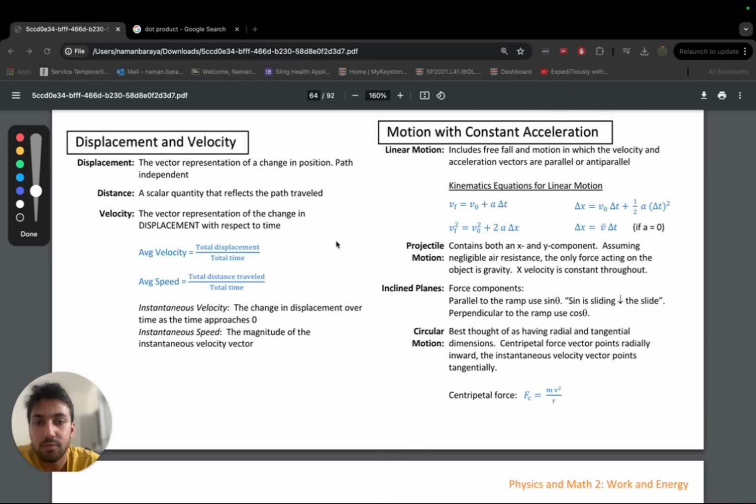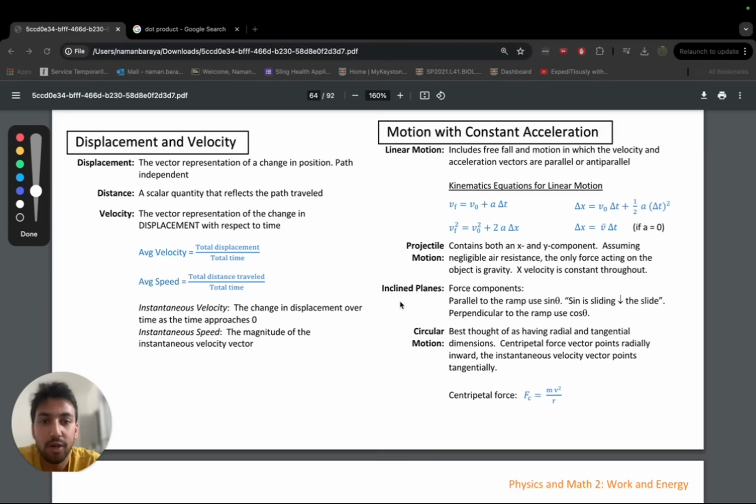And so the x velocity, the velocity of the football, is just constant. The reason for that is because there's no net force acting on that football in the x direction. The only net force acting on the football is in the y direction, because gravity is pulling it down. So it's important to know that when you're throwing a football in the air, the speed at which the football is going in the x direction does not change. It's only in the y direction that it's going downward at some